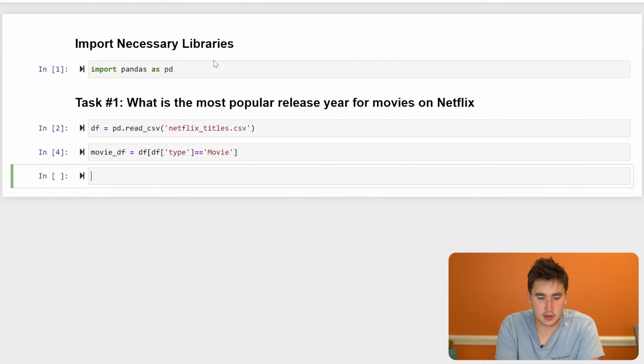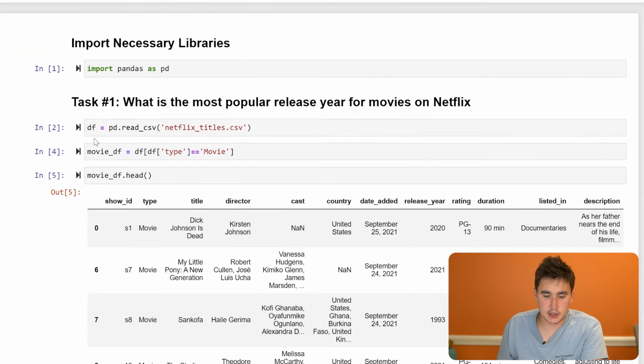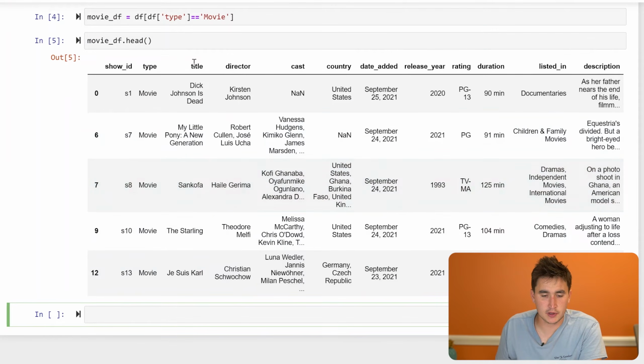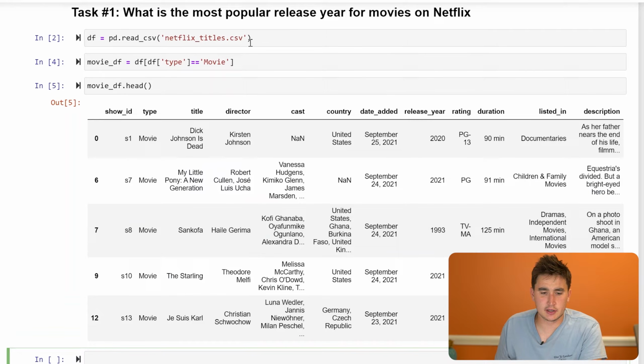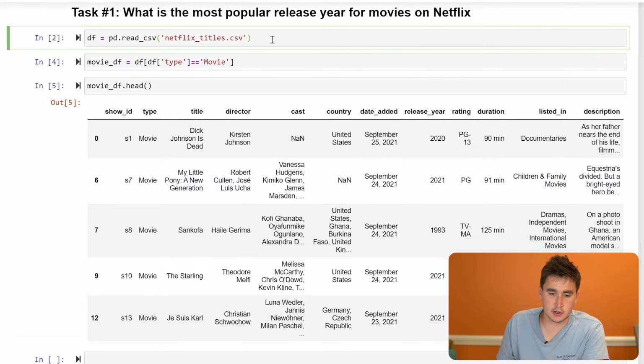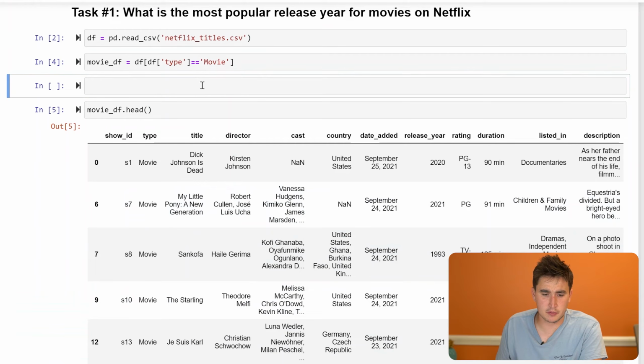Run that, and then we can go ahead and do movie_df.head. And we see now we only have type movie. One sanity check that I would recommend when we're doing this is just confirm that